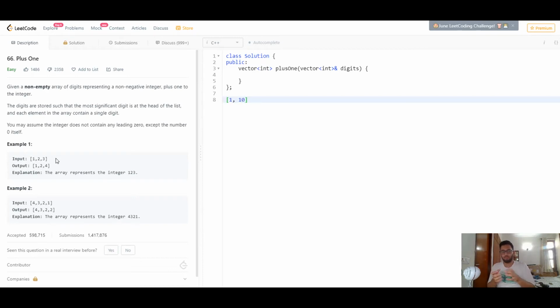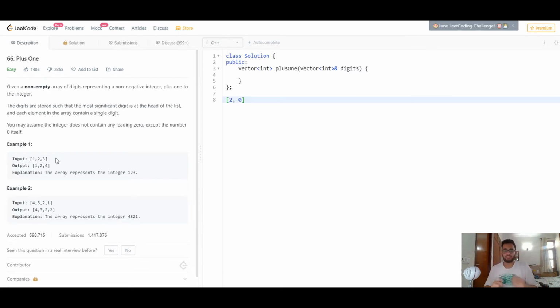What you did was you wrote the least significant digit of this number. So if you have 10 here, you'll write 0 in this space, and you'll take that 1 as a carry to the next digit, right? So you add 1 to the digit to the left of the current digit. You'll just add 1 to this one, which will result in 20. So when you add 1 to 19, it results in 20, and you have to return the corresponding array which represents the number 20, right? So you need to replace that 10, that 2-digit number, with a 0, and you need to take the carry forward to the next element.